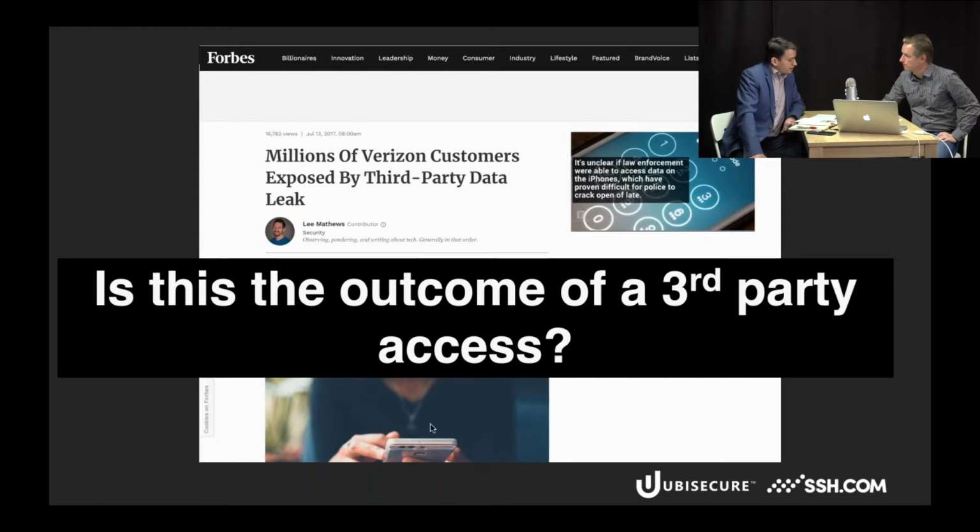So today we're going to look at the evolution of third-party access by looking at 4 different use cases, 4 different customer examples, so that you avoid these types of headlines, and instead you're in the press for all the right reasons. Right. So maybe we start with the first use case,